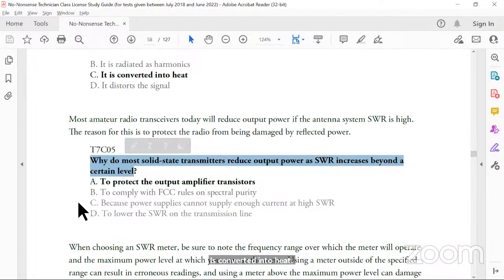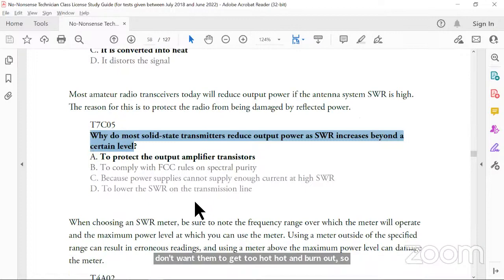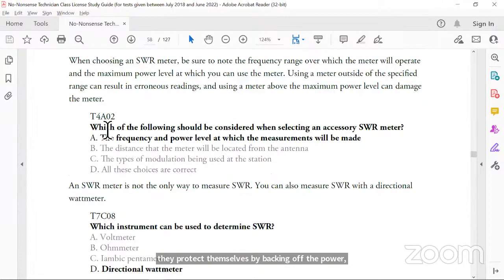All right. Why do most solid state transmitters reduce output power as SWR increases beyond a certain level? Right. So remember we said that modern day transceivers will detect the high SWR and back off the power. It will reduce it. It's doing so to make sure that it doesn't damage itself unnecessarily, right? So it's to protect the output amplifier transistors, those final transistors as we sometimes call them. We don't want them to get too hot and burn out. So they protect themselves by backing off the power, reducing the power to protect those transistors and save you some